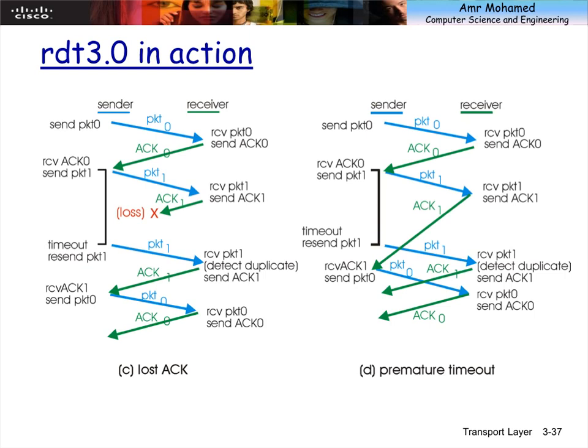So the default procedure is that the sender will send the same packet again, will retransmit. And of course, this packet has arrived at the receiver before, so the receiver will discard it and will send the same acknowledgement again, a duplicate acknowledgement. This is from the receiver side. From the sender side, now that it has received this delayed acknowledgement, here it sent packet 1 again.